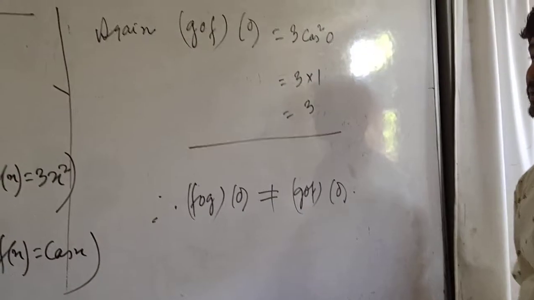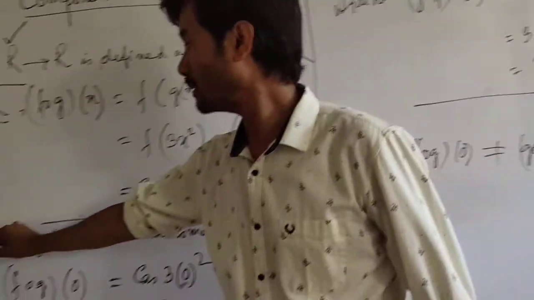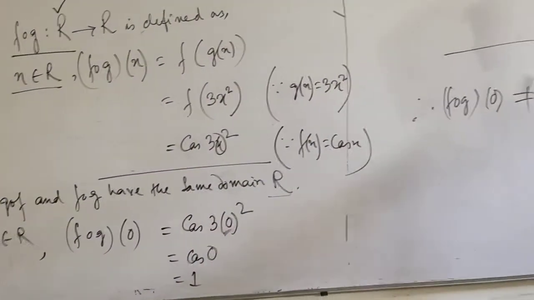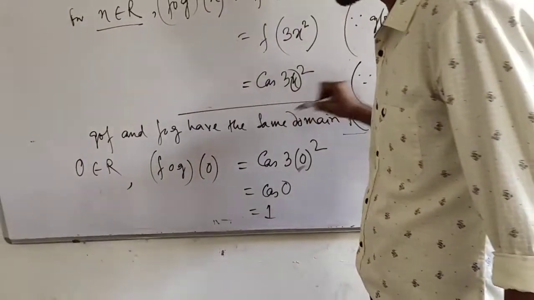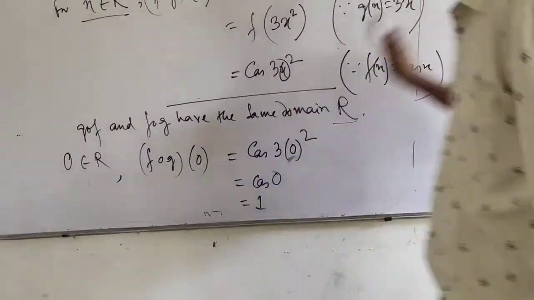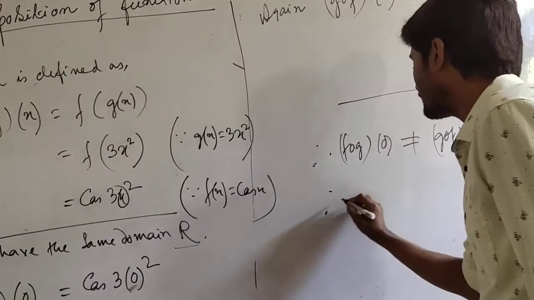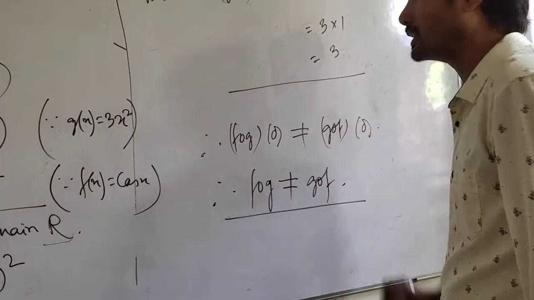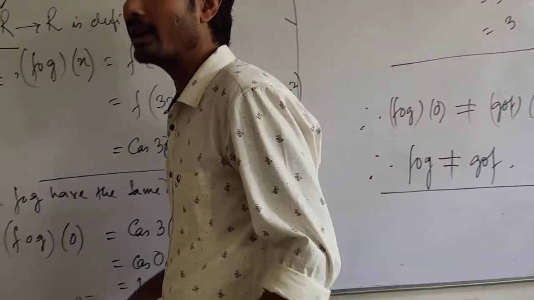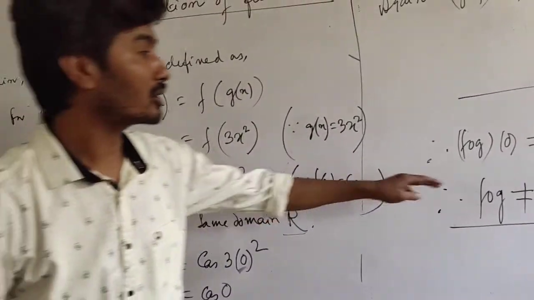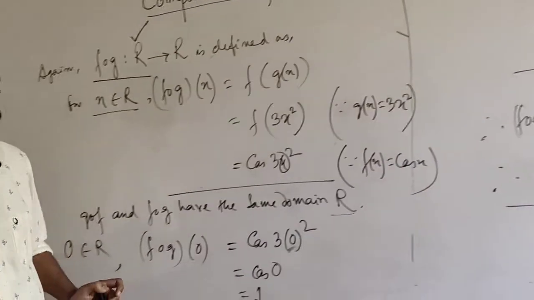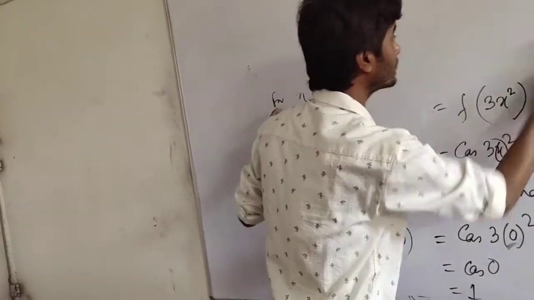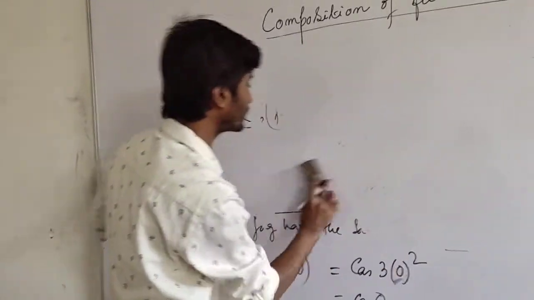ইয়াৰ কনক্লুজনটো এনেকুৱা যে যদিও সেই ফাংশন দুটা GOF আৰু FOG ৰ ক্ষেত্ৰত সিহঁতৰ ডোমেইনটো একেটাই আছিল, however ডোমেইনটোত থকা এটা পাৰ্টিকুলাৰ এলিমেন্ট 0 ৰ কাৰণে সিহঁতৰ ইমেজ দুটা বেলেগ বেলেগ. সেই কাৰণে আমি কম, therefore FOG is not equal to GOF. দেখা গল যে ফাংশনৰ কম্পোজিশন অপাৰেশন কমিউটেটিভ নহয়. ইয়াৰ পিছত আমি আৰু এটা এক্সাম্পল লম, সেই এক্সাম্পলটো টেক্সট বুকৰ পৰাই লম।